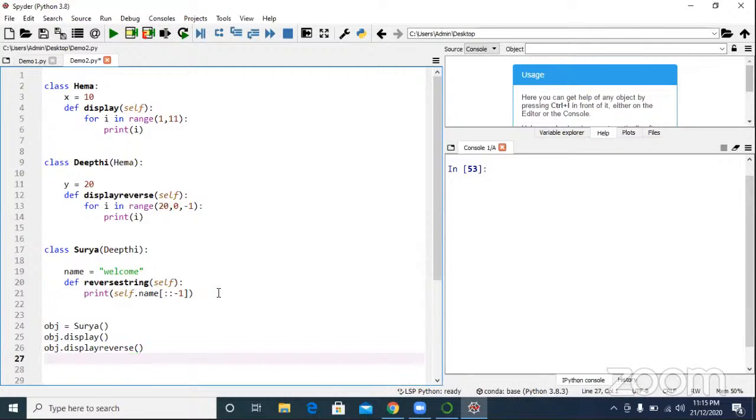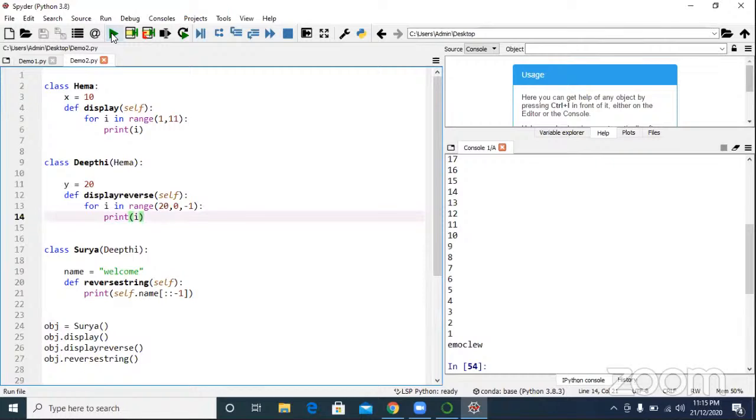I think you people are very good at OOPS programming. So just imagine, in future another class, Tanya, will come. Who could be the superclass for Tanya? Surya.